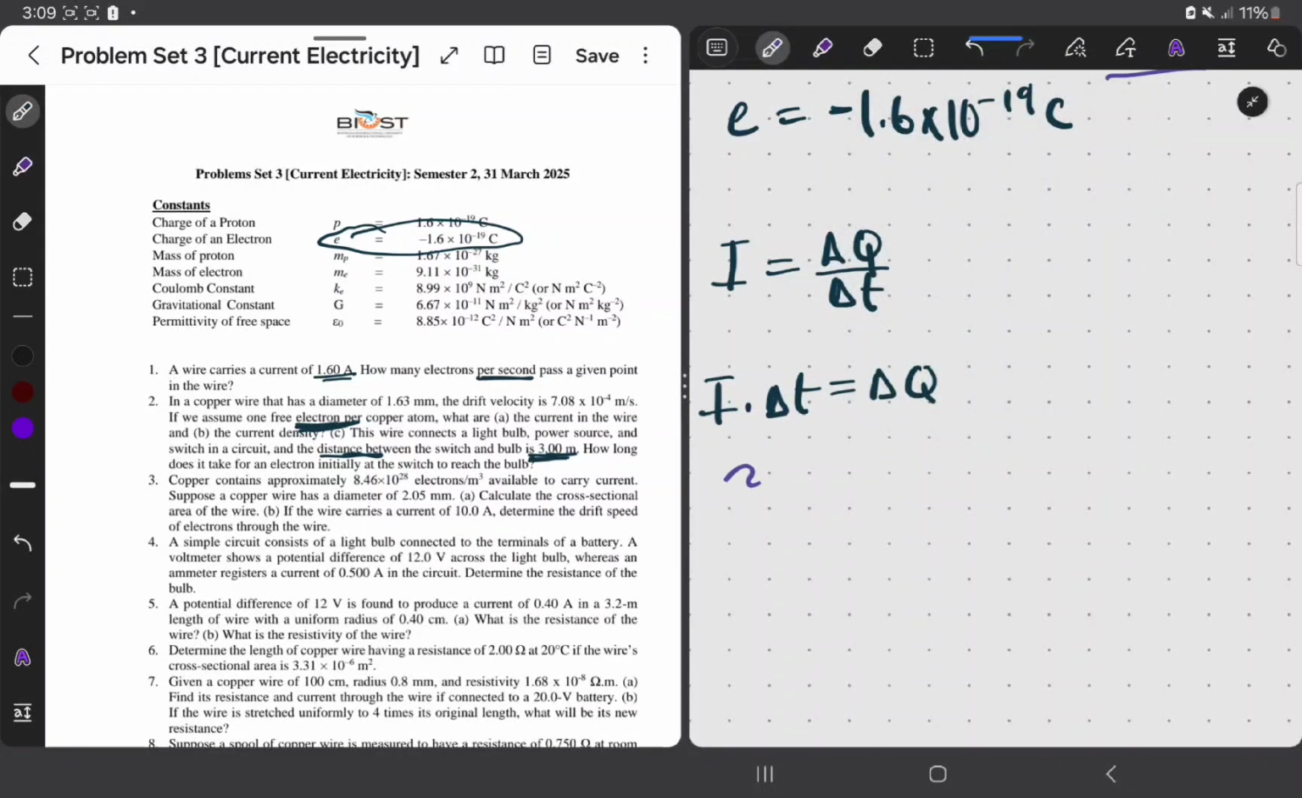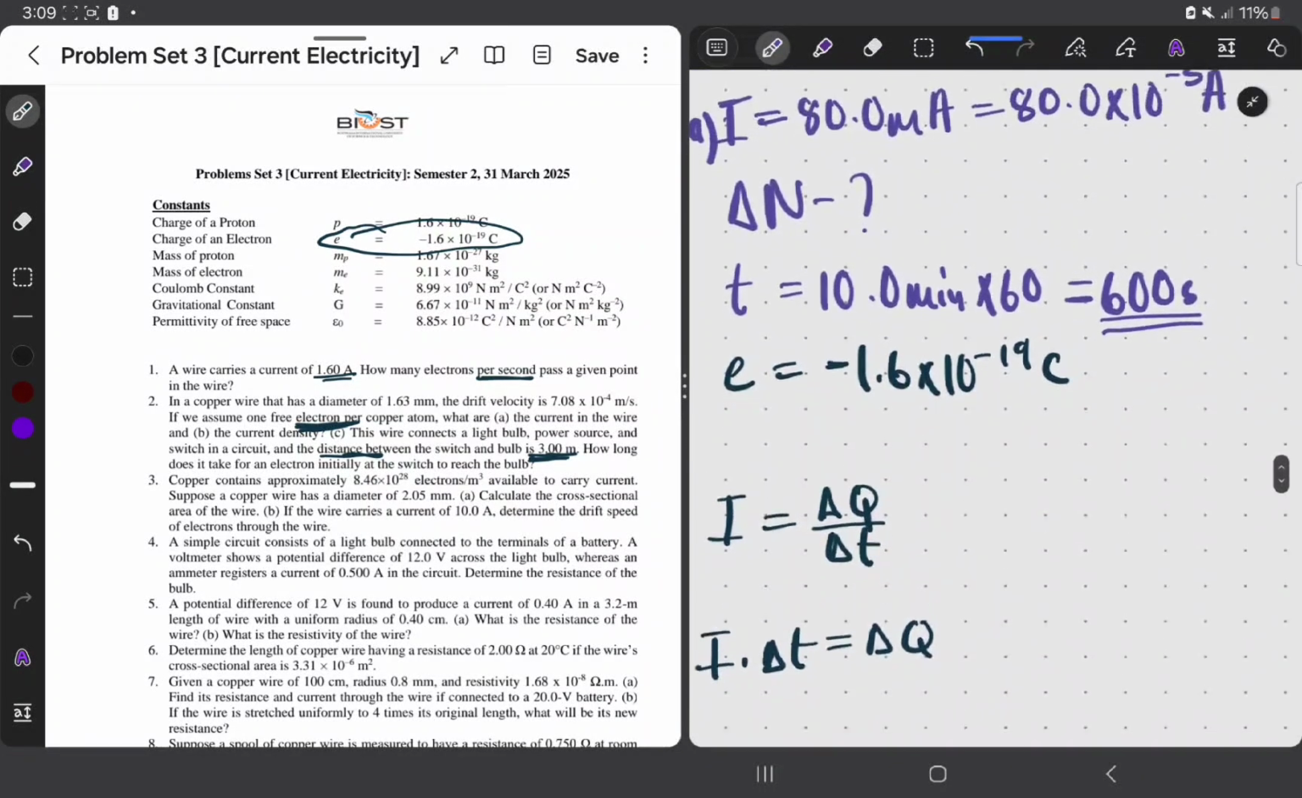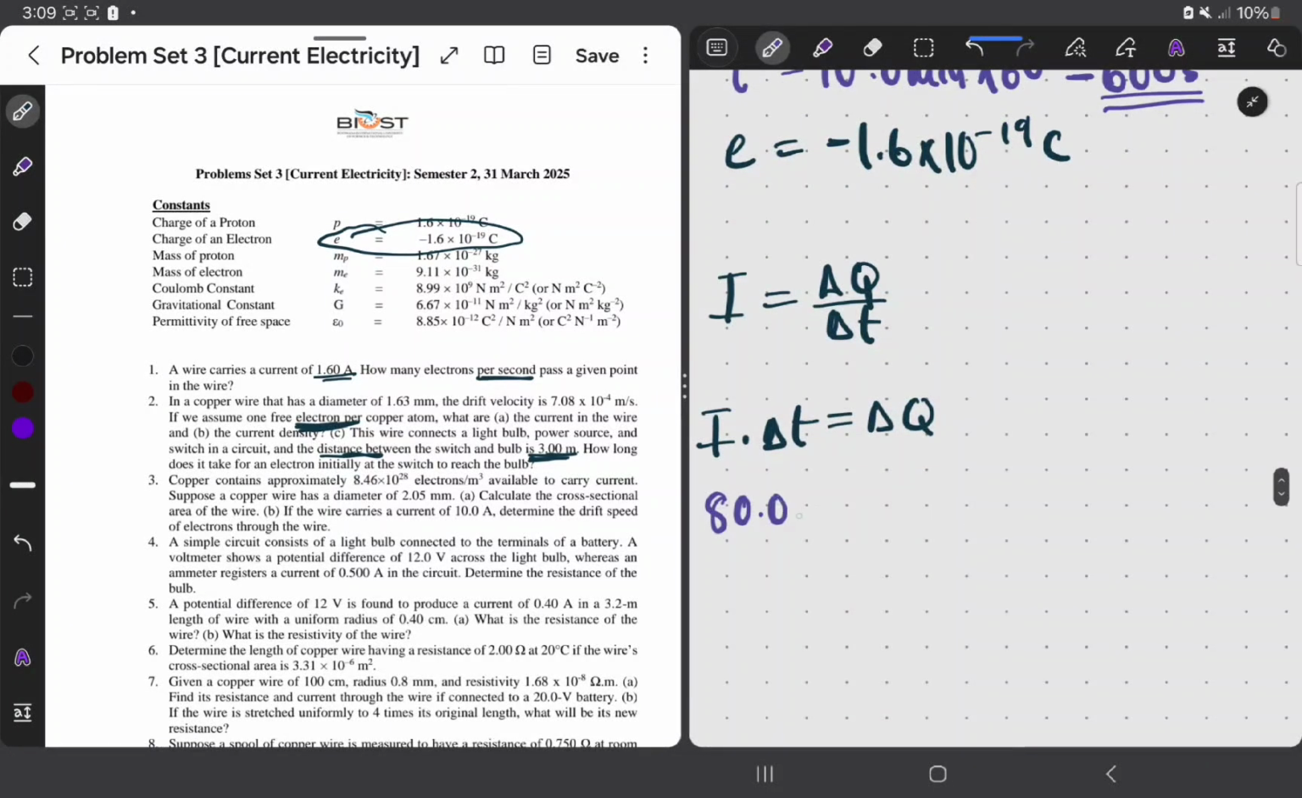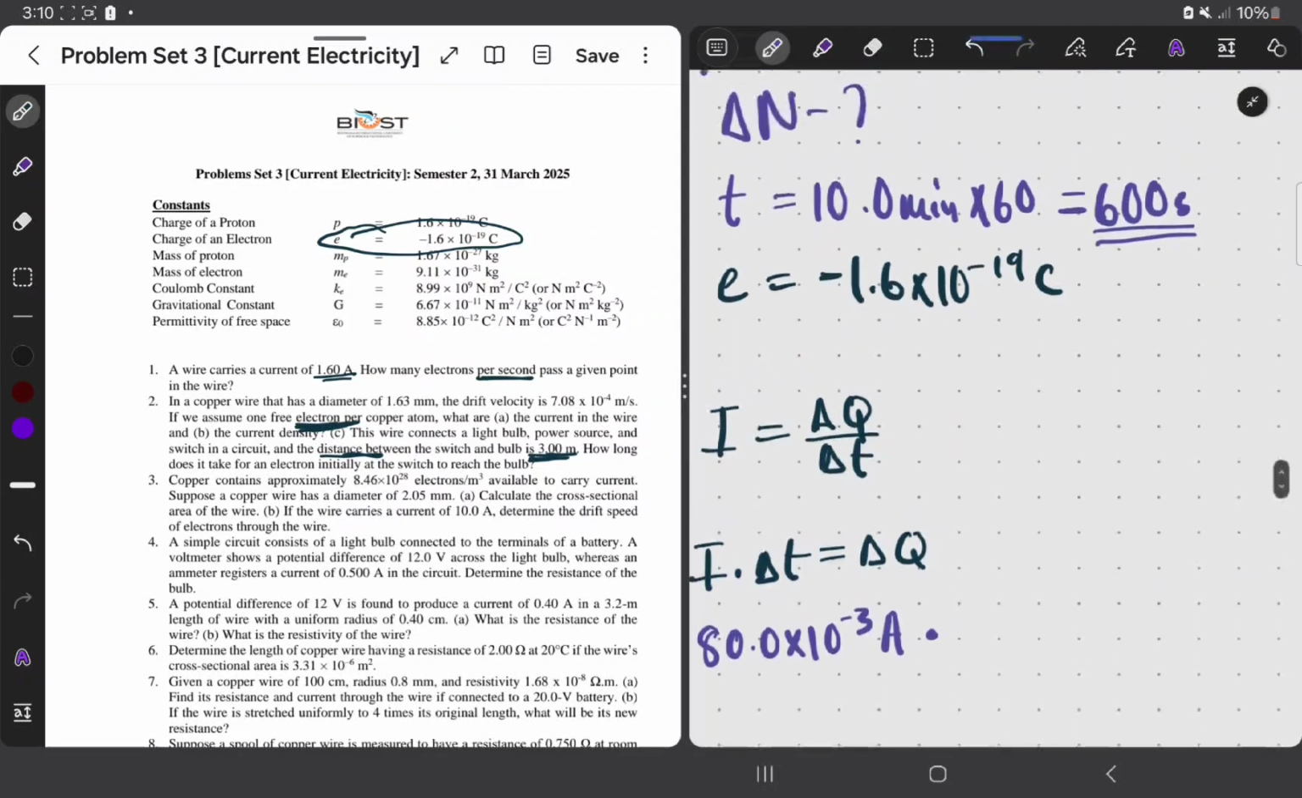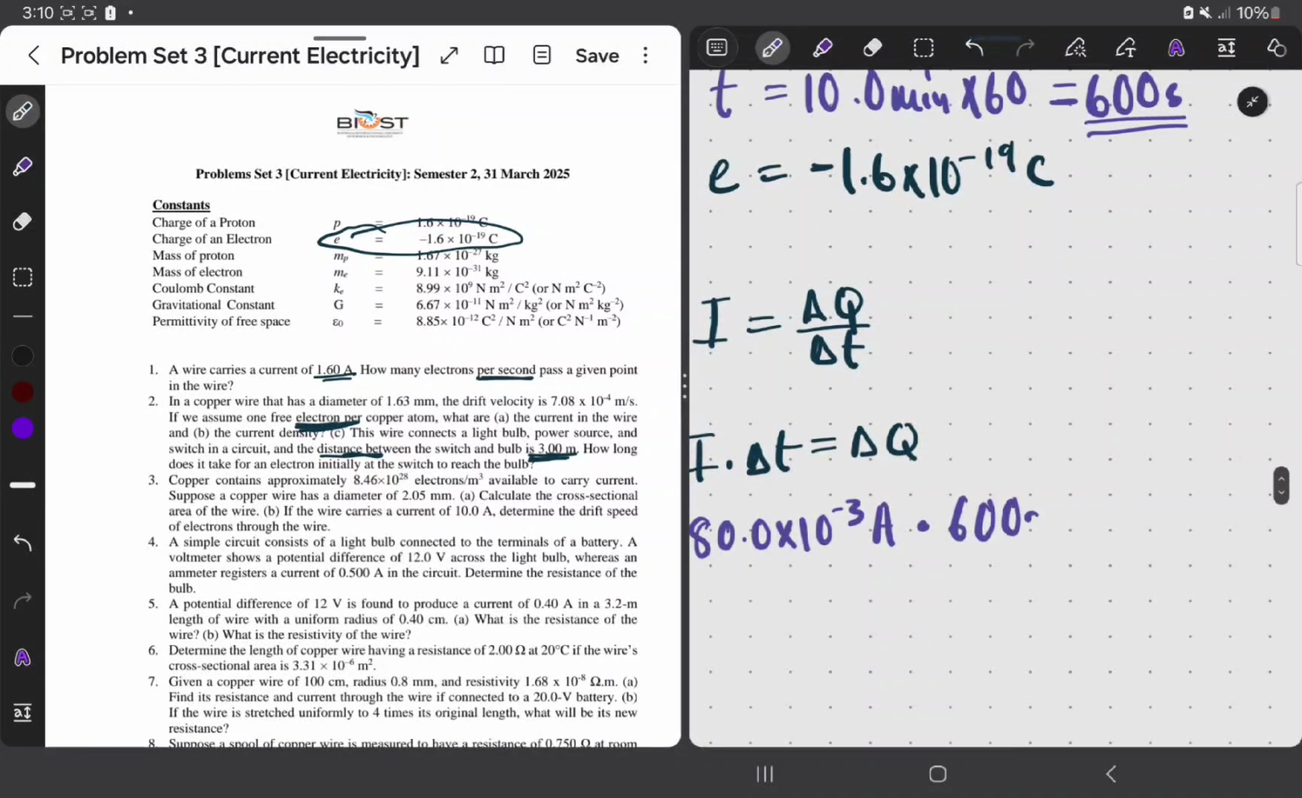So what is the I? I is 80.0 times 10 to the negative 3 amps. This is going to multiply time, which is 600 seconds. This gives me delta Q. So let's find delta Q now. We multiply with our calculator. Let me take my calculator here, and I'm going to say 80 times